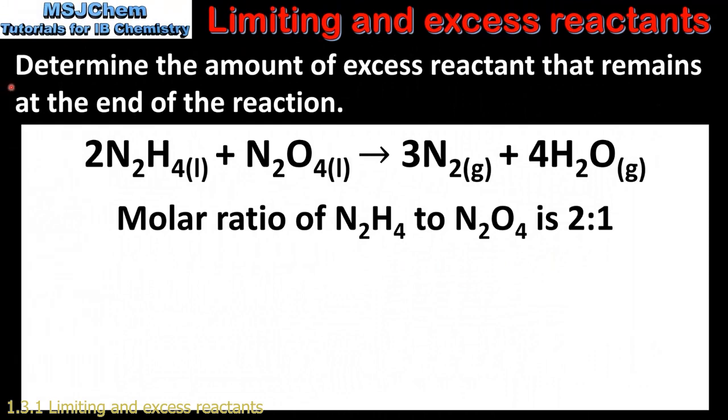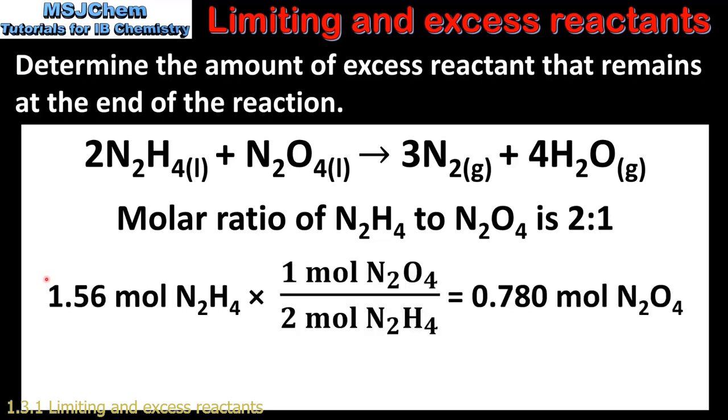The next step in this example is to determine the amount of excess reactant that remains at the end of the reaction. To do this, we need to look at the molar ratio of N2H4 to N2O4. So from the balanced equation, we can see the ratio is 2 to 1. Next, we'll use the molar ratio to determine the amount in moles of N2O4 left at the end of the